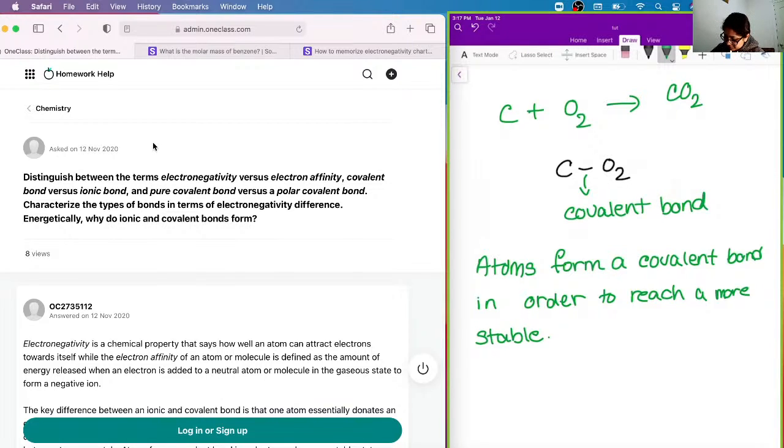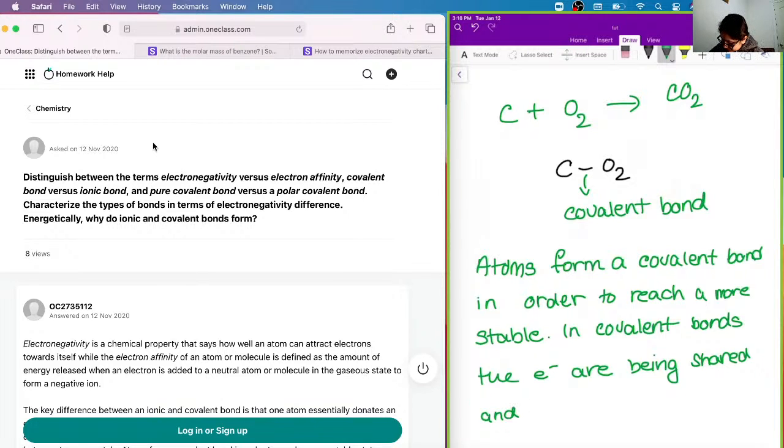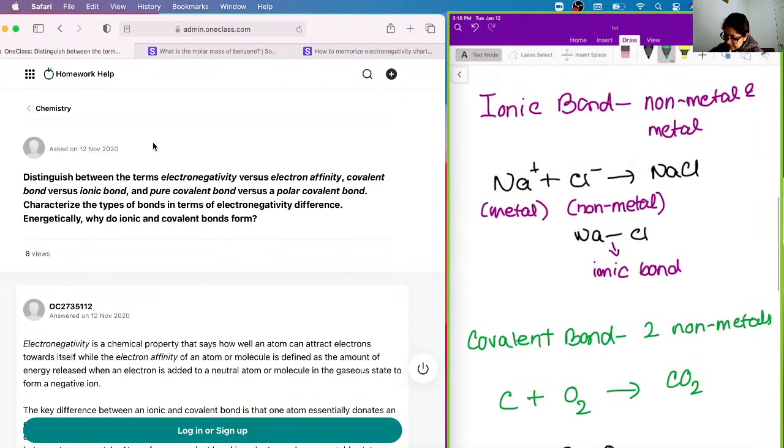And we know that in covalent bonds the electrons are being shared. So they're not being gained or lost, right? So in other words, we're not losing or gaining electrons, whereas for our ionic bonds,